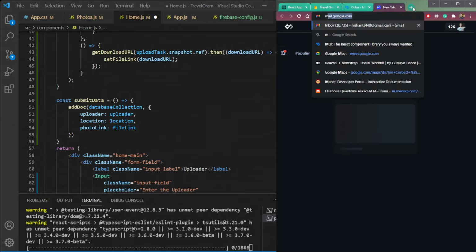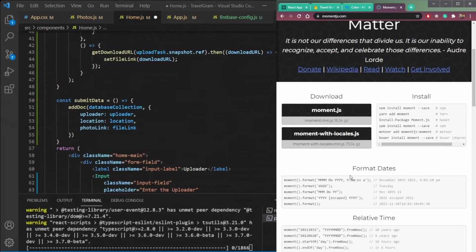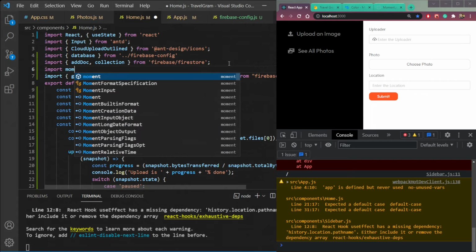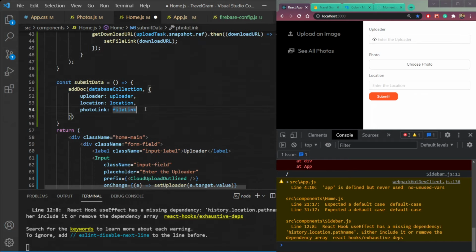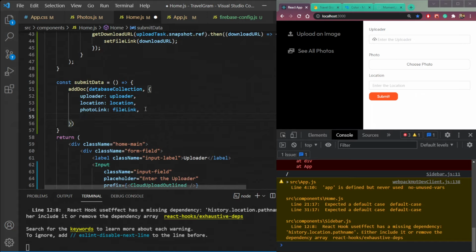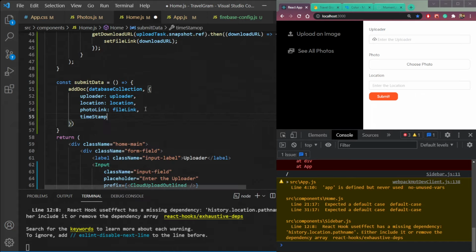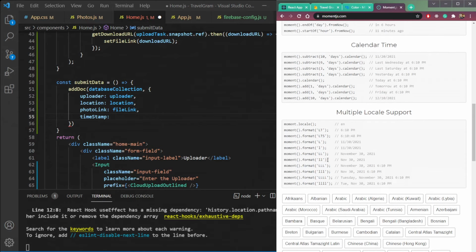Okay, sorry, we don't need to close this. So now let's add the moment package here. So just import moment from moment. Sorry, we need to add the timestamp, and it will be any date we choose here, any property. So let's just choose the date and the year.